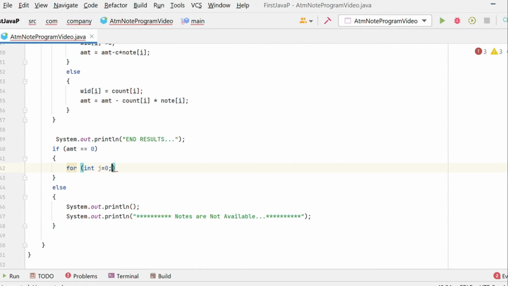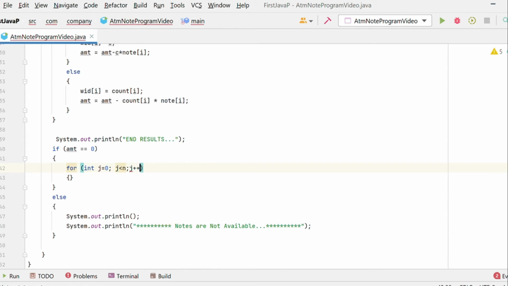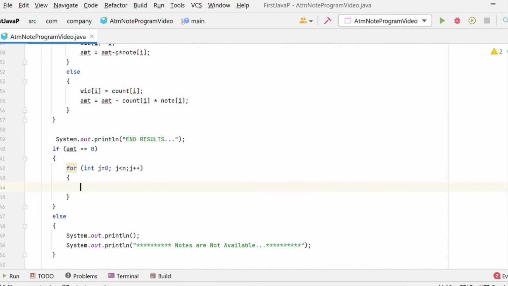J is less than n, here also n, j plus plus. In the for loop we get output like note of i. Here is an error. We are using i, but in the for loop we use integer j. Error is gone.